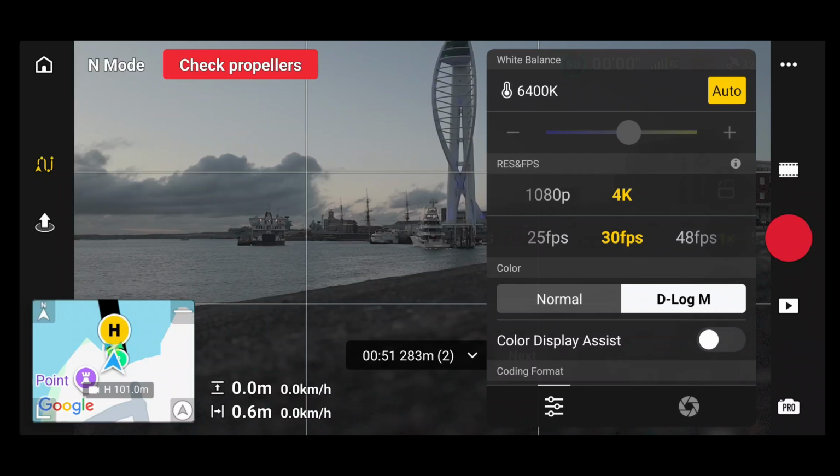First of all, we are going to be shooting in pro. We do not want to be shooting in auto because auto is going to make lots of decisions for us and a lot of them will be wrong. In pro, we want to take anything that is selectable as auto, for example the white balance, out of auto. We want that to be manual. So if you have got that set to auto,